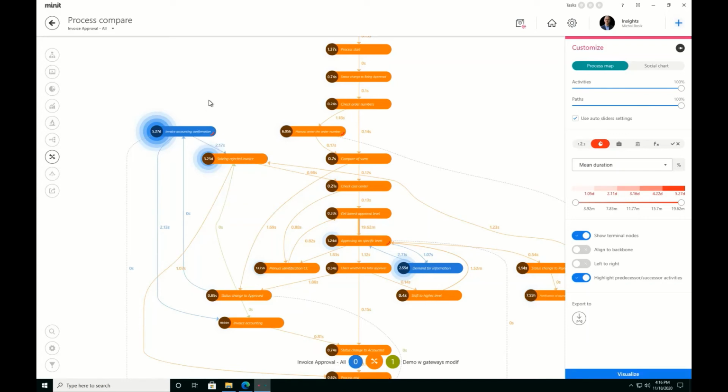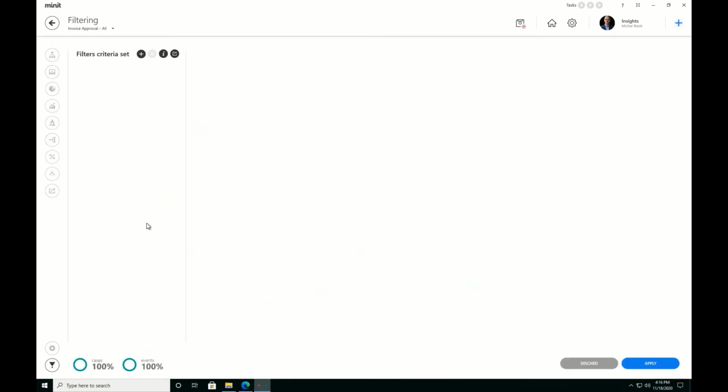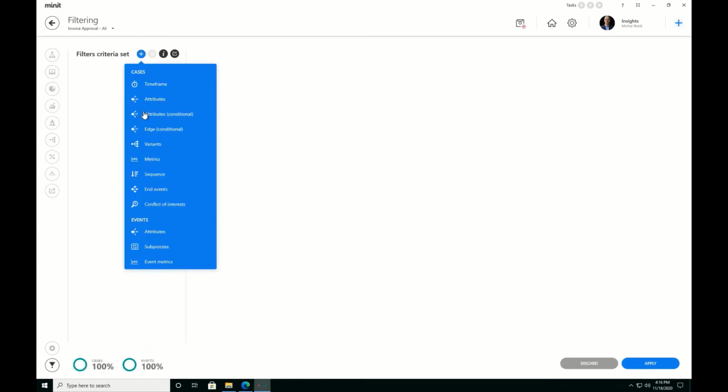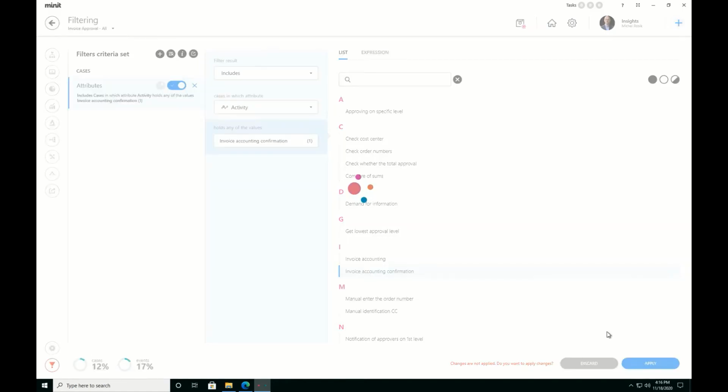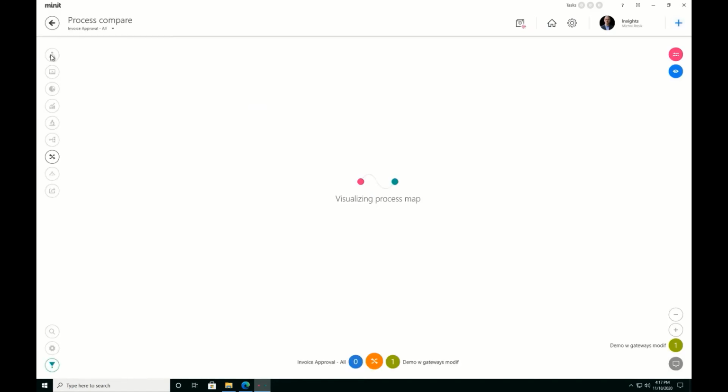Now, how do I do that? Well, I go to filters, and I focus now on the invoice accounting confirmation. So I go to filters and I say, I want to see only the cases where the activity invoice accounting confirmation is inside of those cases. So that's 12 cases, 12% of all the cases. So apply this, and I get a